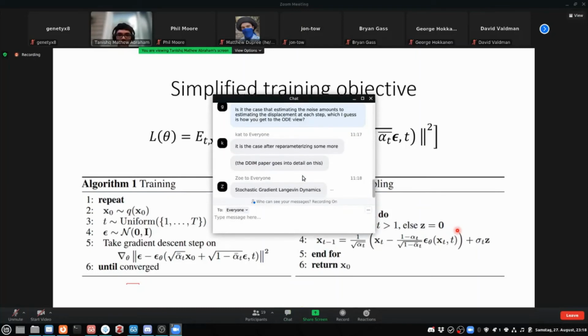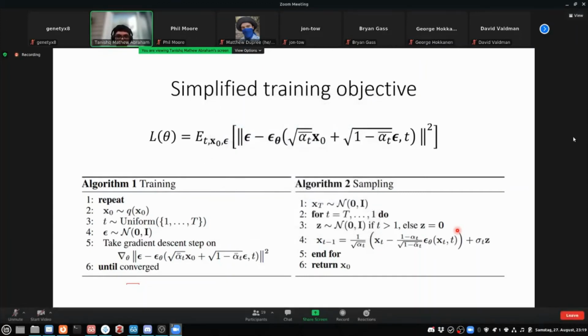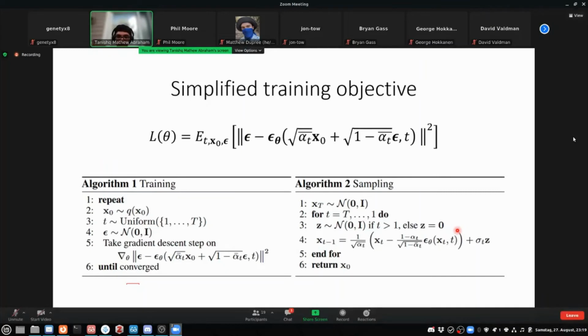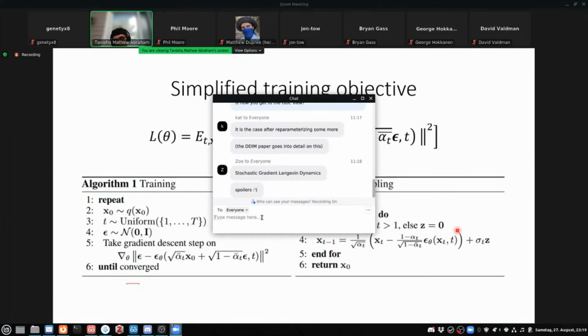So that makes a lot more sense. So yeah, I think in the next week the paper we'll talk about would be this score-based formulation, because I think that also makes more sense. This is kind of a spoiler for the following weeks, but this calculating, predicting of the noise really is getting us the gradient of the probability distribution, and giving us a function for the gradient of the probability distribution.